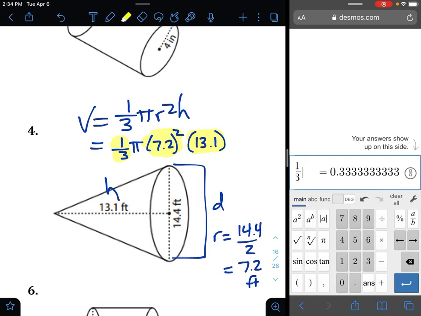So it's 1/3, and we can put a times sign if we'd like, or just put parentheses. 7.2, close the parentheses. Then we need to square this, so the little a squared will do that. And then times the 13.1. Again, parentheses is fine, or use the times symbol. So we're going to write this whole number down. Don't round anything until the very end. So this will be our in terms of pi answer,